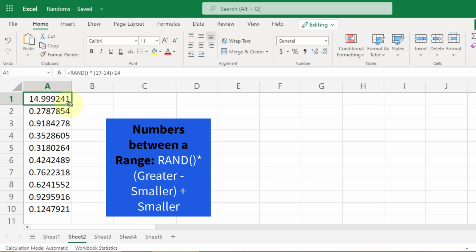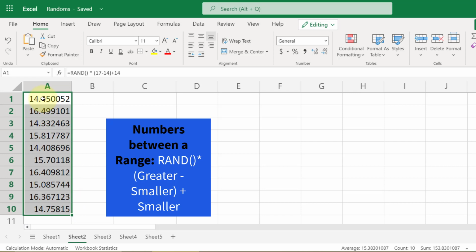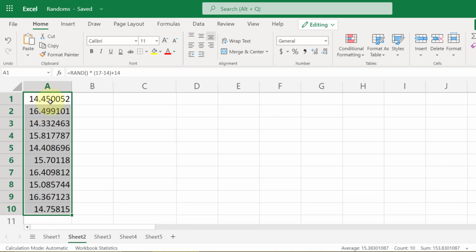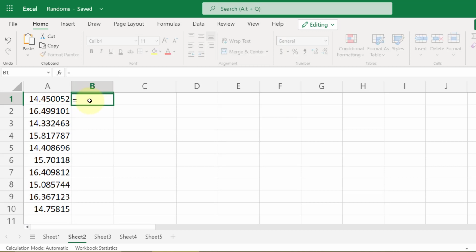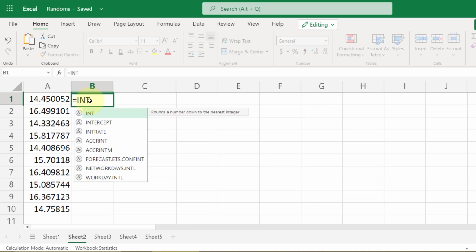So now you can see we have ages that are between 14 and 17. Now once again, let's say we don't want numbers that are in decimal, we just want the integer part of it. So we can use a simple function from Excel which is INT, integer.